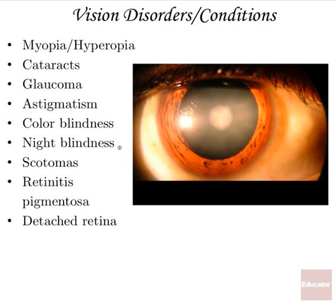So night blindness, one of the ways that you can cure or fix it is to get more vitamin A in that person's body so you can get those rhodopsin molecules functioning how they should be. A scotoma is a blind spot